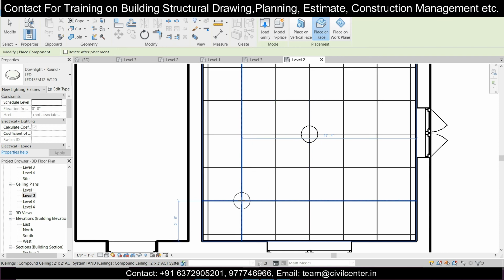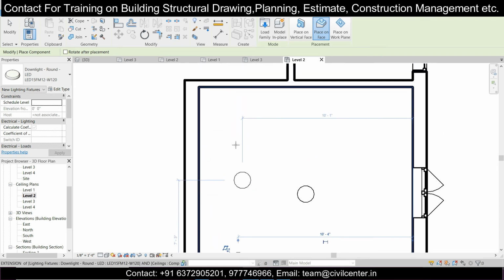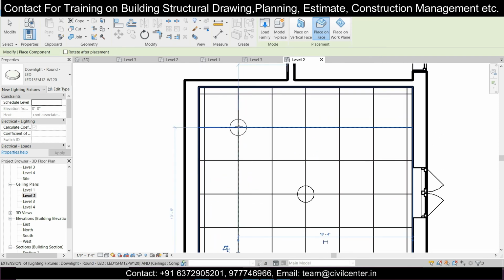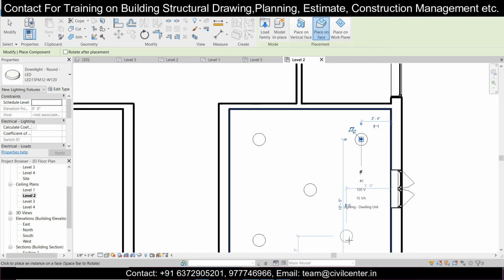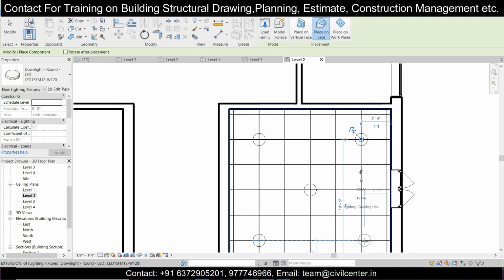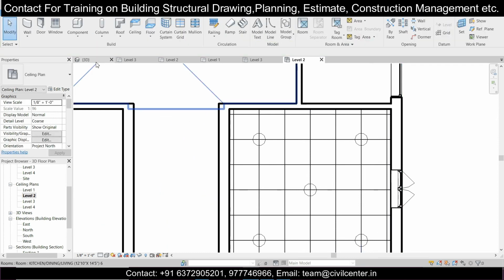Just select it properly and place one in here, and one in here, and one in here, and another one in here. And let's just click on escape, and then click on escape once again, and in the 3D view,